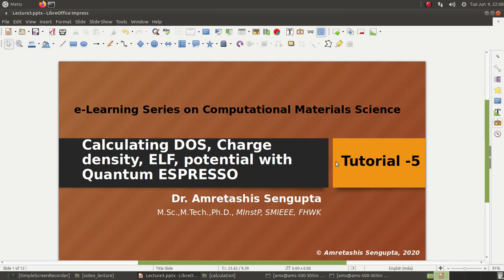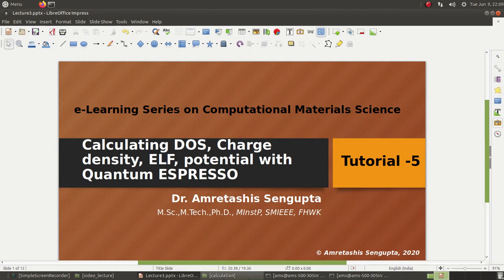So sometimes you need to show these isosurface plots as well on top of the crystal structure, and that's very useful in papers and publications. So we will show you how to do this.